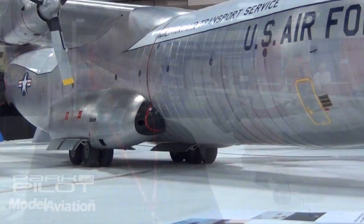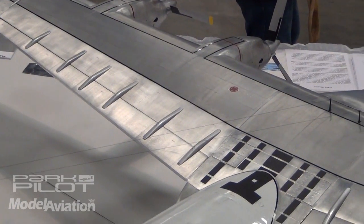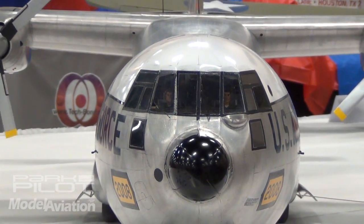After I built my TU-95 and had that flown, I went home and thought, I don't have anything to work on. So I looked around, and the only thing I had documentation on was this. And I said, I can start tomorrow. So I took a 3-view and blew it up on an inkjet printer and ran a bunch of 8.5 by 11s, taped them all together, went down and bought a 4x8 sheet of 4-inch foam, started cutting out the